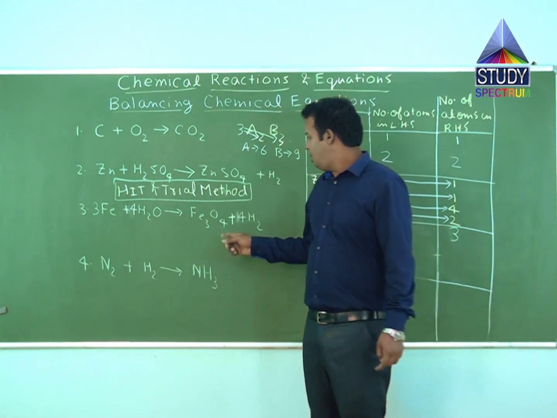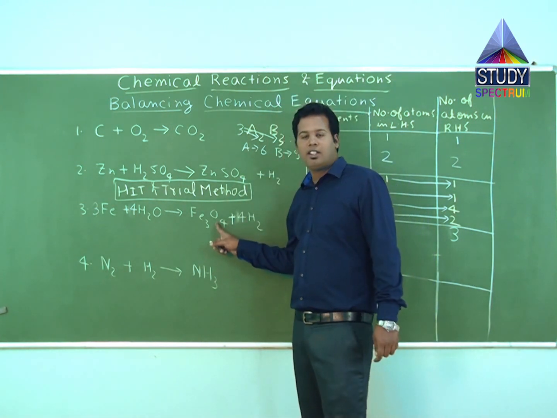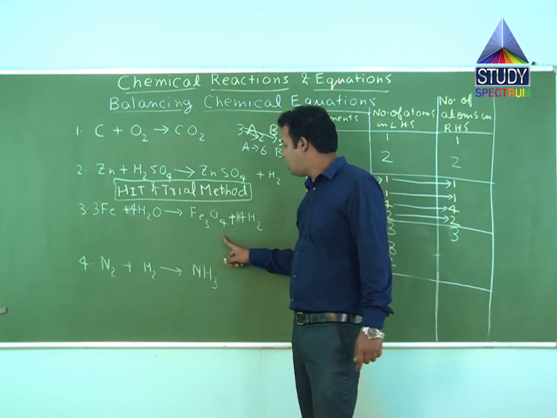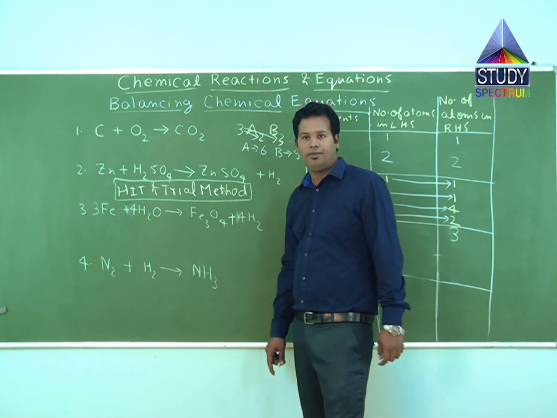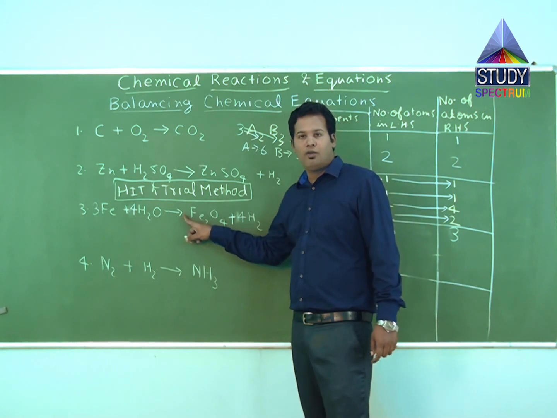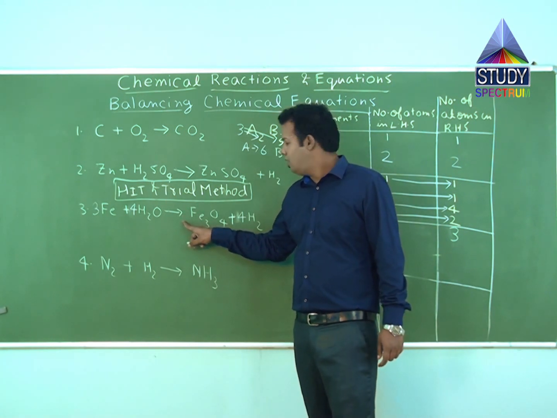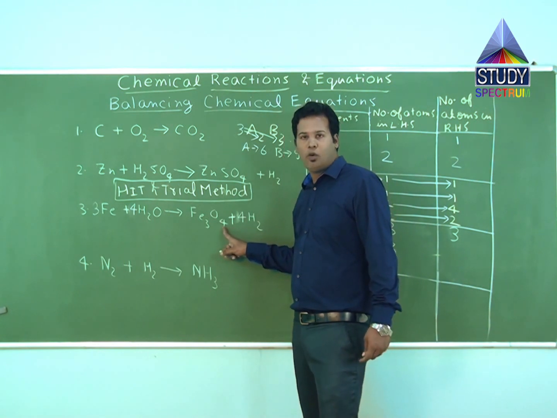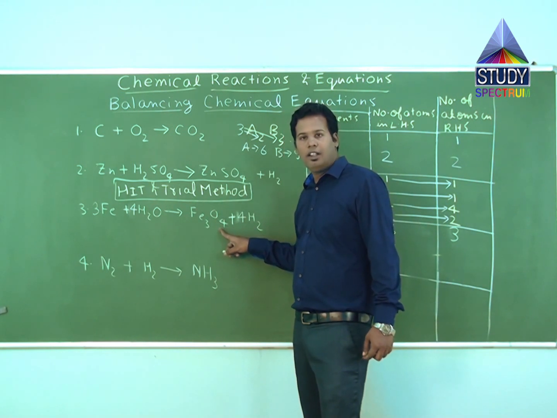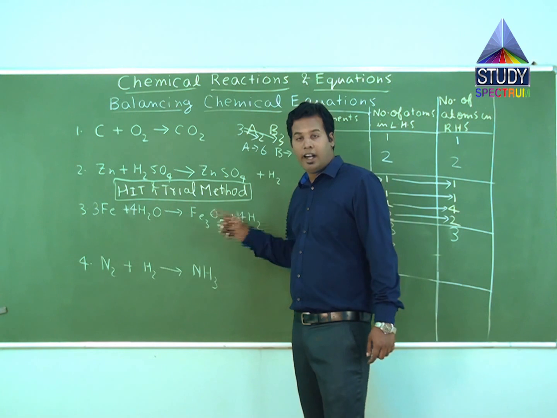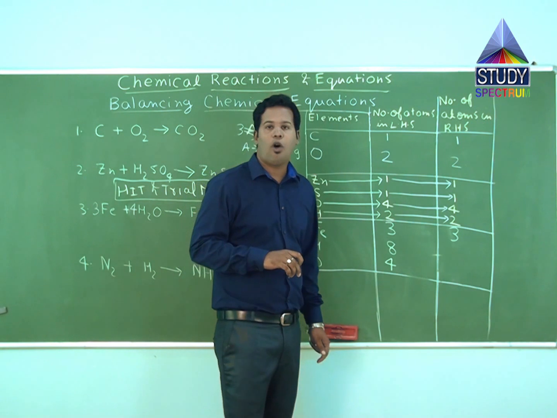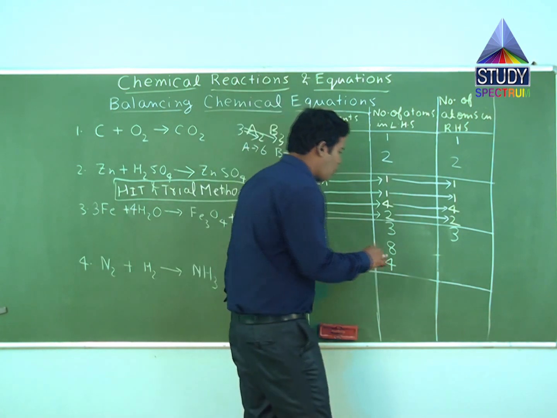Correct? Similarly, if we talk about oxygen as the second element, we can see oxygen is present only in the first product, it is not present in the second product. Also, in the first product, the coefficient of the product is 1 since nothing has been written there, and the suffix of oxygen in this product is 4. So the coefficient of this product into the suffix of the oxygen in this product, that is 1 into 4, that is 4, will give the number of oxygen atoms in the RHS. So the number of oxygen atoms in RHS is coming out to be 4.